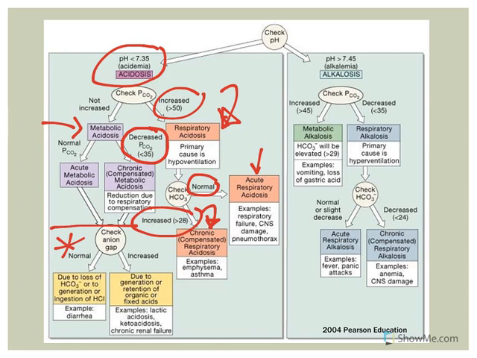And if we go over here, for the alkalosis, their pH is higher. It's greater than 7.45. They're alkalotic. First thing let's check is the CO2. If it's decreased, we know it's respiratory. That's the primary defect. If I see really low levels of CO2, I would expect that the pH would be elevated. If it's not respiratory,